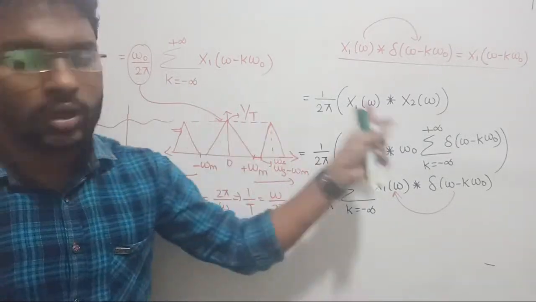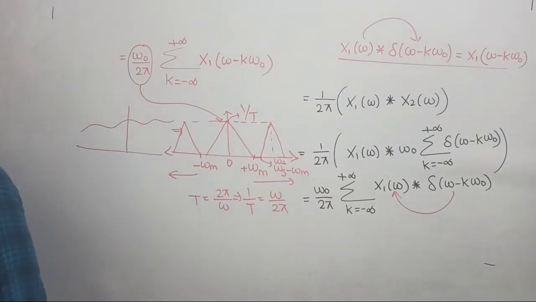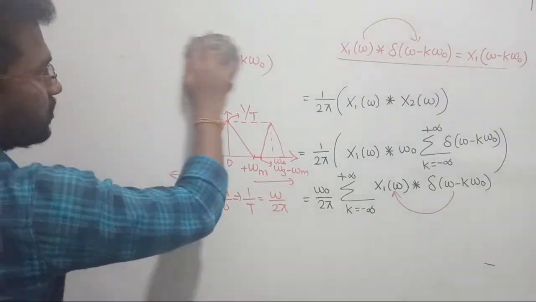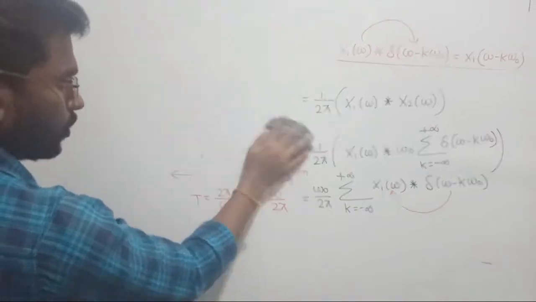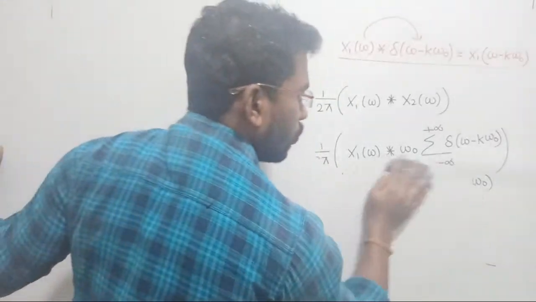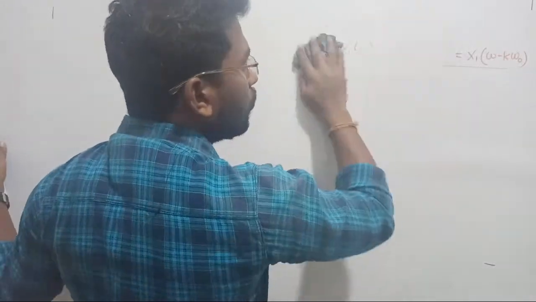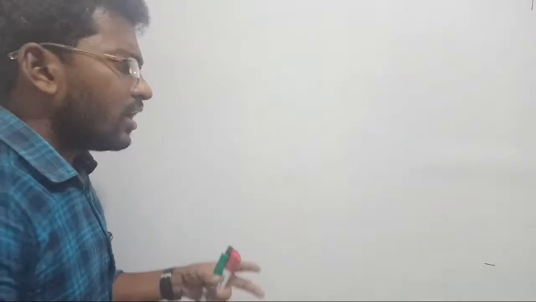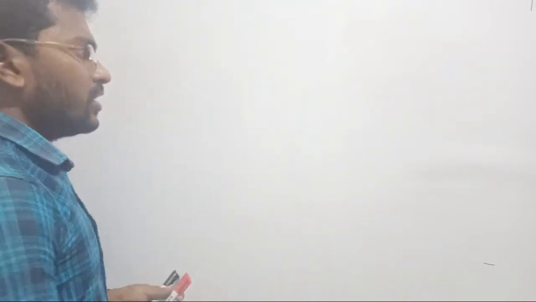Next, let us run all these things. We are doing the sampling process, right? Let us slightly extend our discussion now. During the sampling process, we have to learn something in a new way. Now we have learned how we are doing this sampling process. According to this sampling process, finally we got the sampled version of the output signal. Happily we got the sampled version of the output signal, right? Let us see what happens now. Actually in that sampled version,